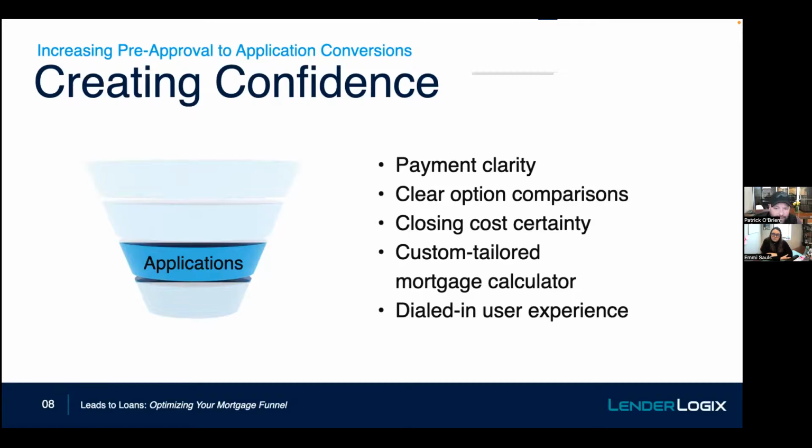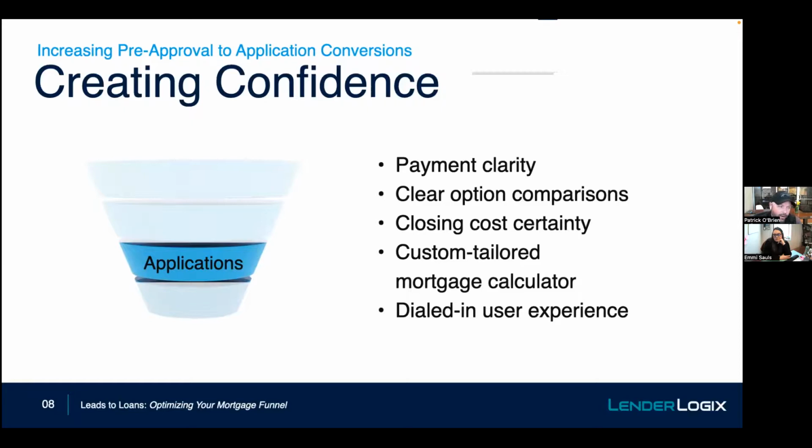So when we can be clear about what those things are, put that power into the hands of our borrower so they know for every given circumstance what their payment's going to be and how much cash they need to close, that's what makes a successful home buyer. The ability to clearly look at different scenarios and compare them in a concise way that a borrower can understand, that makes a borrower an effective home buyer. That makes them an aggressive, confident home buyer that's going to win a deal, that's not going to sit on the sidelines.